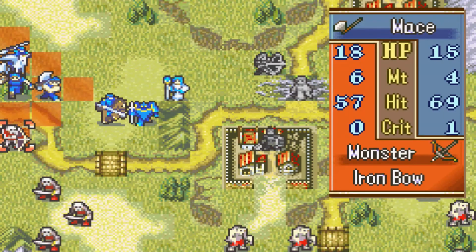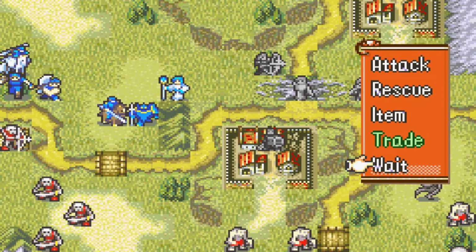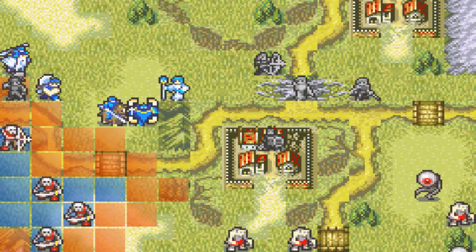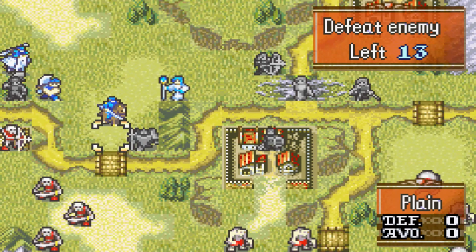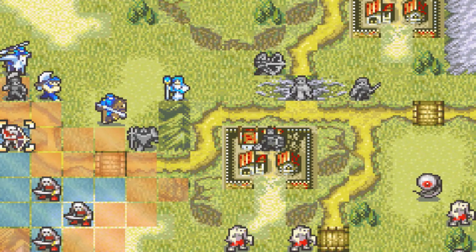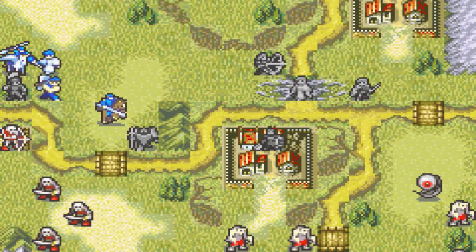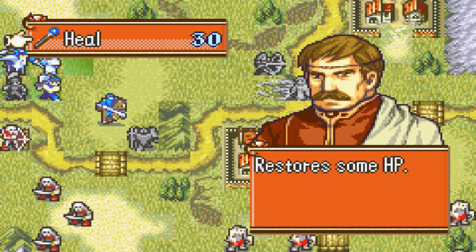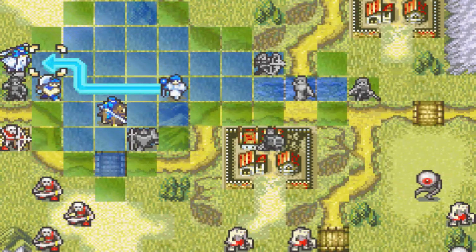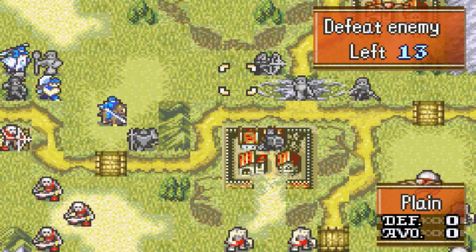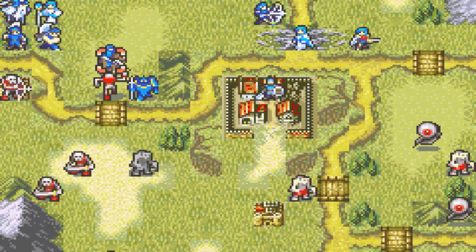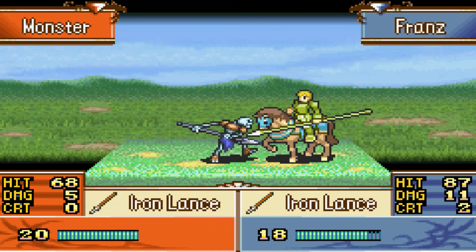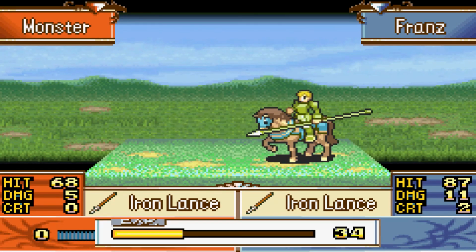How does Mace do? Mace does not do that well. Let's keep you over here. I do not want to choke the bridge over here because otherwise the monster will attack Franz or Gilliam. So let's put it like this. It's also choke. Like, who is damaged? Oh, Garcia is damaged. Yeah, let's go. Let's see, the enemy's closing in. And they all have lances. The enemies advance pretty quickly.